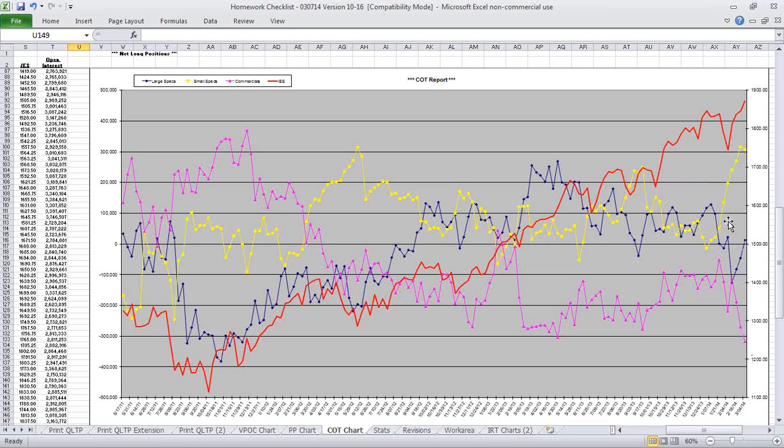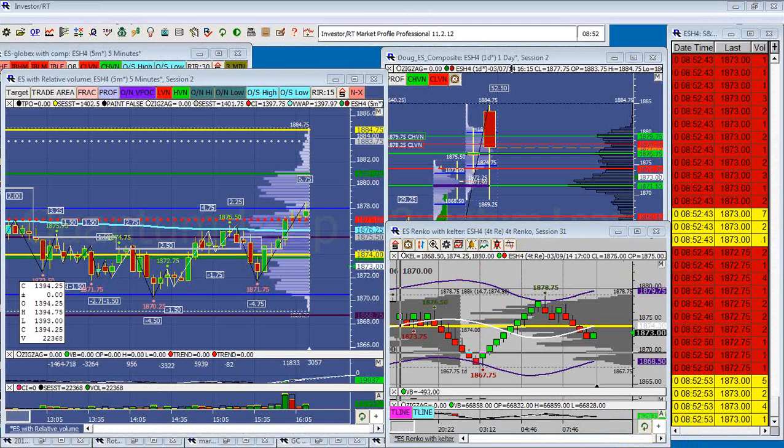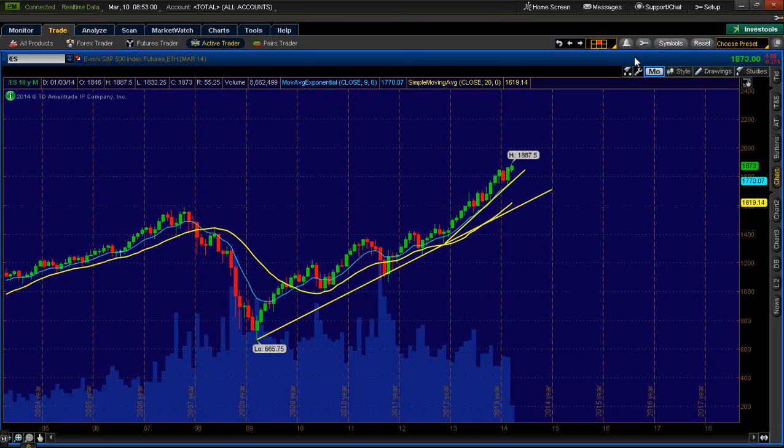So we were waiting for this blow off top and the small spec to be left, and both the large spec and the commercials were already net negative, but large spec is coming up. But that simply, I think, would be taking advantage of catching a little bit more of this run. And they are back to net positive. So, could we see some new highs? Yeah, I think we could see some new highs. We're getting awfully close to 1900, and once you get a target in sight, it's hard for those bulls to let them go.